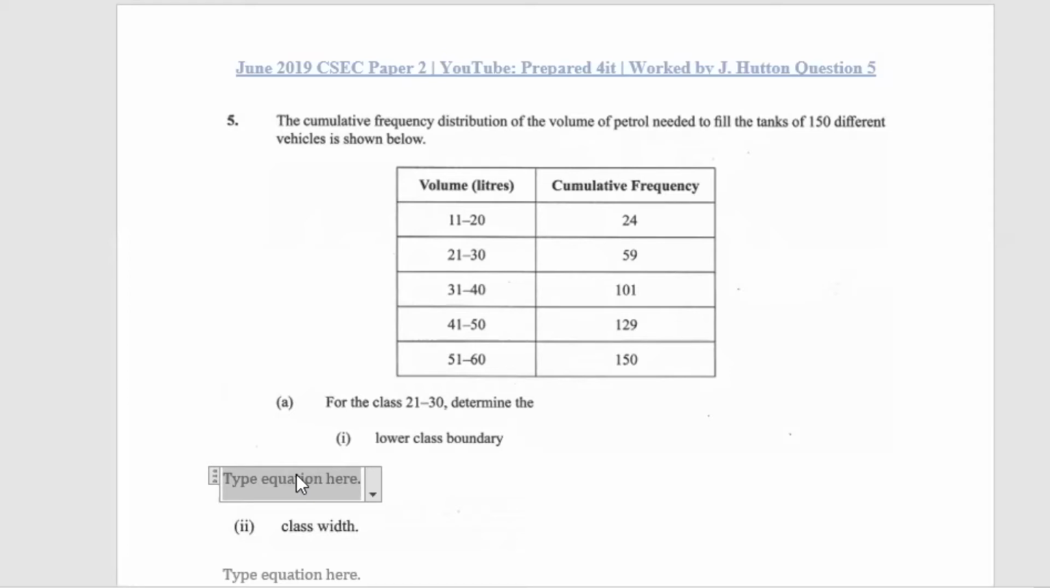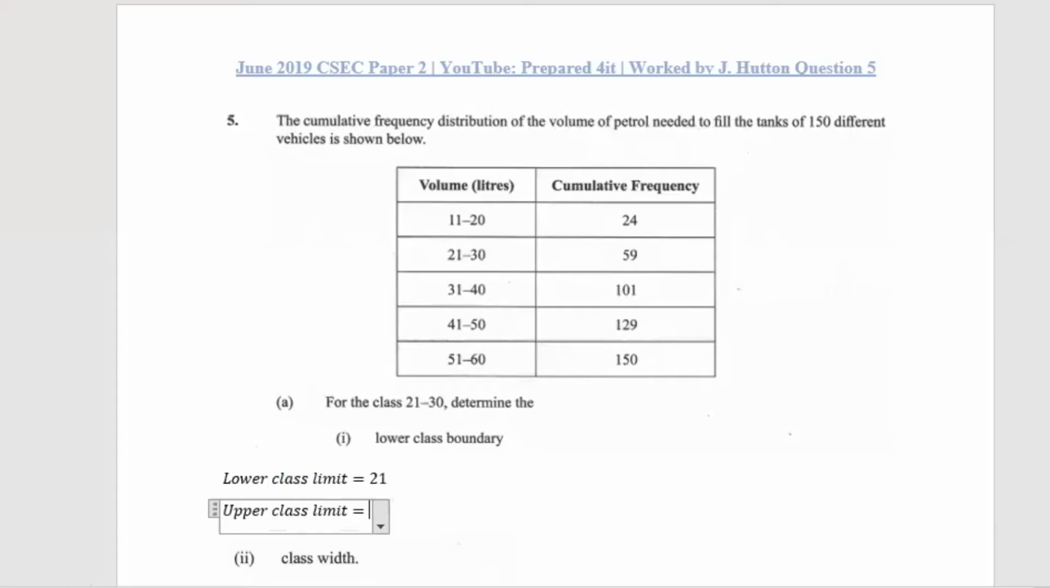So what we know about boundaries is that the lower class boundary is 0.5 lower than the lower class limit, and the upper class boundary would be 0.5 higher than the upper class limit. So therefore, the lower class limit here is equal to 21 and the upper class limit is equal to 30. So therefore the boundaries